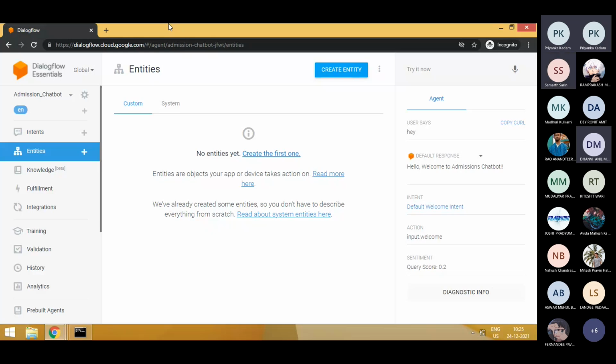So like fees is one section and there might be hundreds of more sections. Somebody is asking about the exam date, somebody is asking about admission forms, college opening date, holidays. There are multiple things about which a person can ask for a particular course. So it is not recommended to create multiple intents for every course. Instead, what you can do is